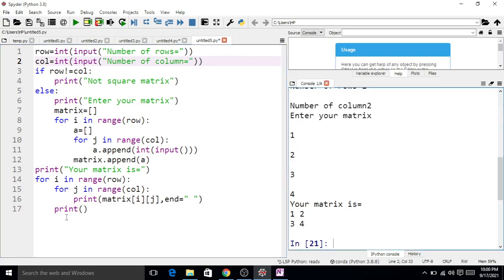Now we want to check whether the given matrix is upper triangular or not. For that, first we take count equal to 0.